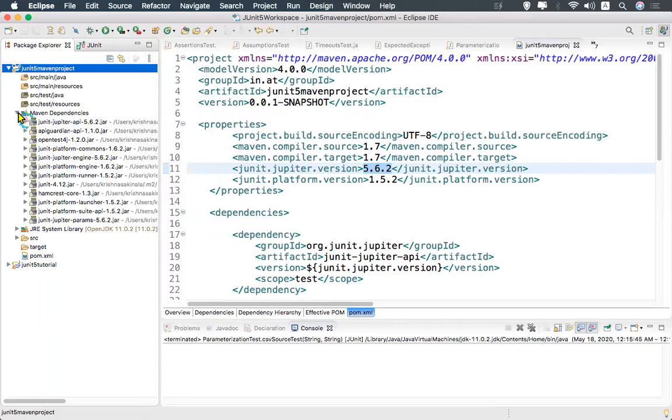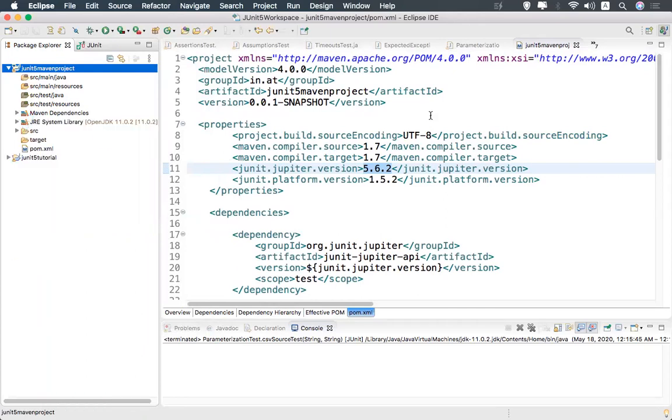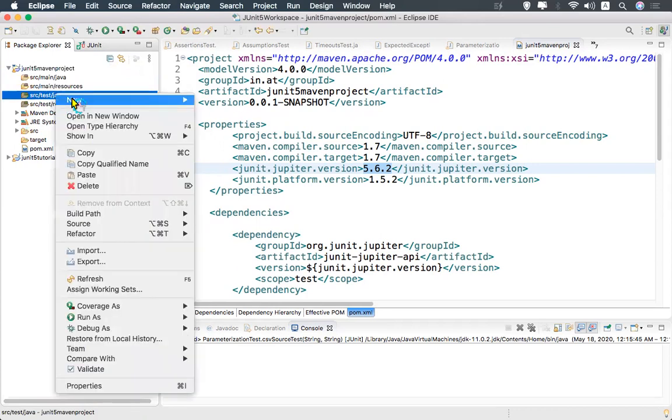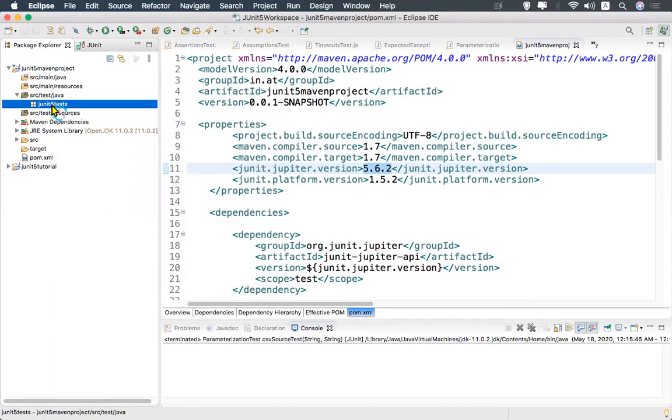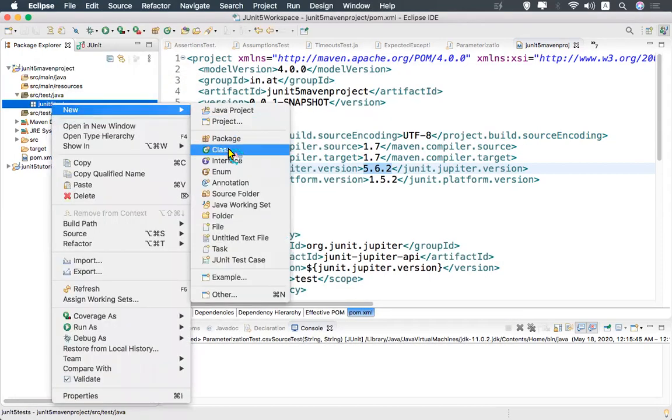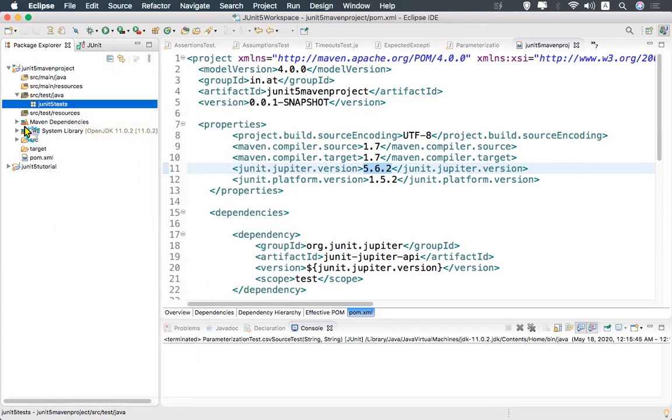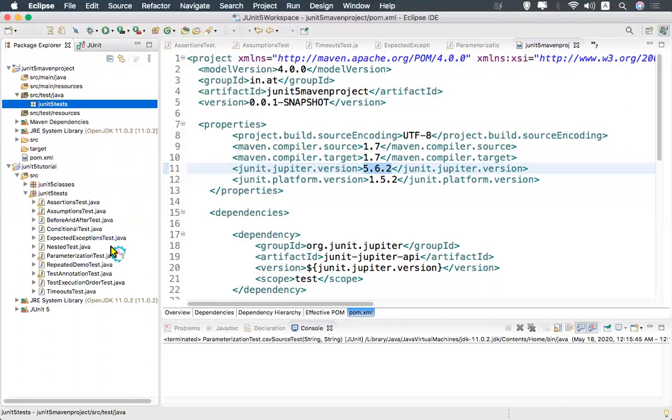It is downloaded. Now we'll go to the source test Java. We'll create a new package. I'll say the same thing, JUnit 5 tests, and inside this, I will copy some of the tests from the previous one.